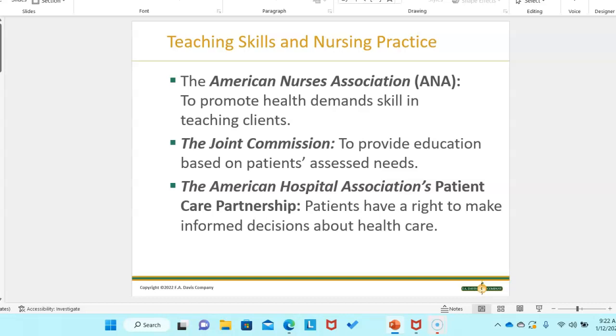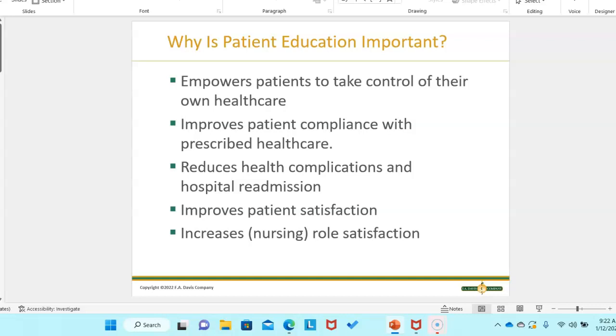So, why is patient education so important? Well, nursing is not just about dispensing medications or administering treatments. Nurses are also responsible for educating patients for preventing and managing health conditions and promoting their own health. With health information, nurses help patients take control of their health care. So, by education, we empower patients to take control of their own healthcare. It improves patients'